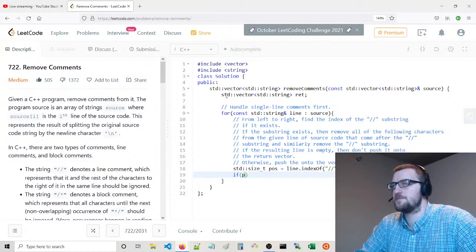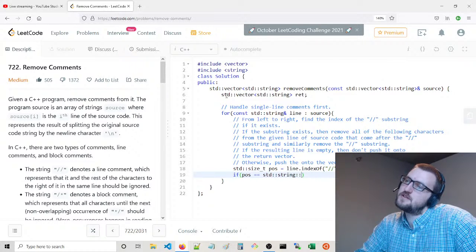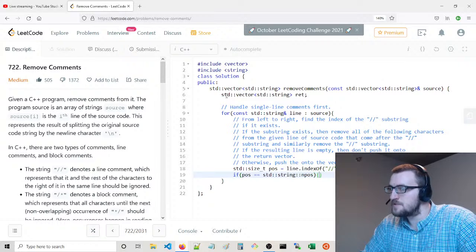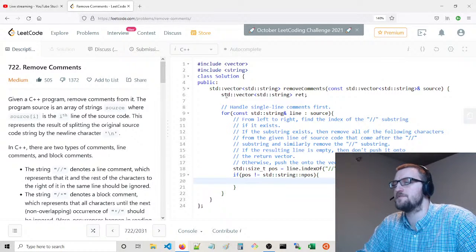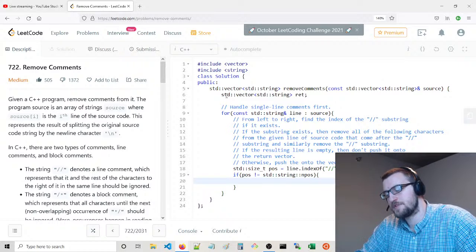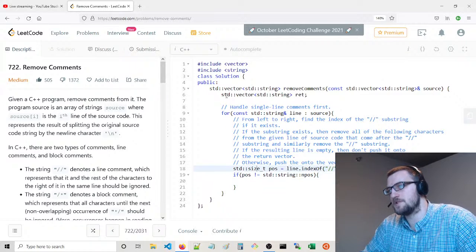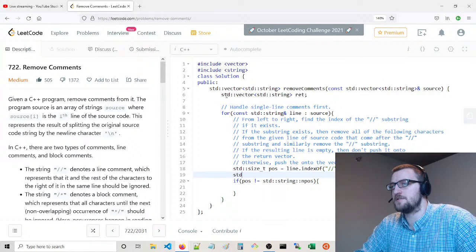So if position is equal to standard string end position. If it's not equal to that, then we're going to set standard string modified.